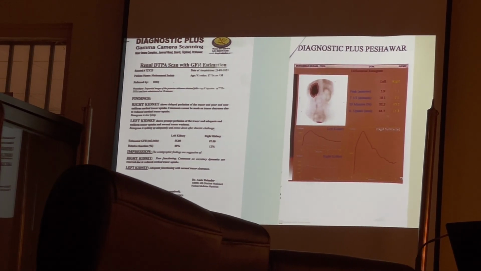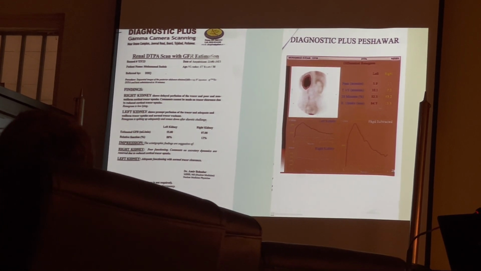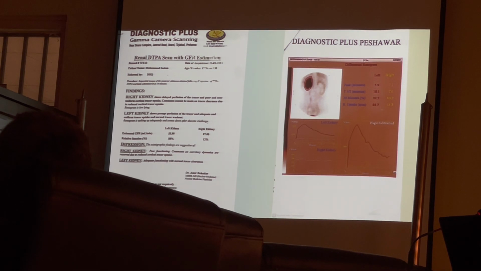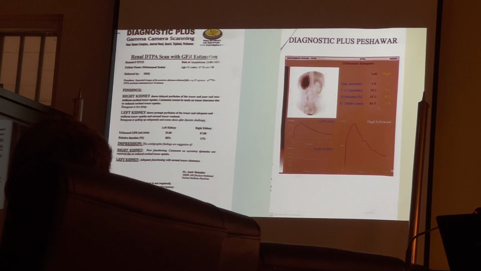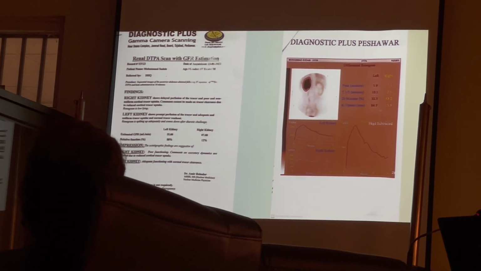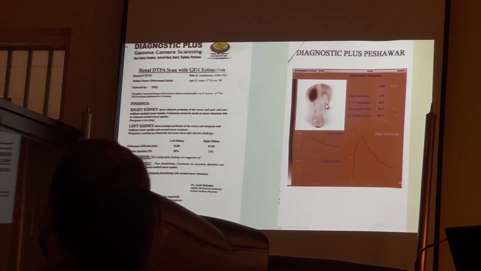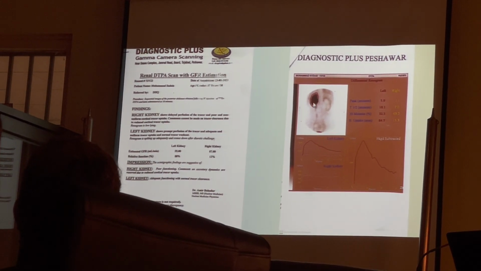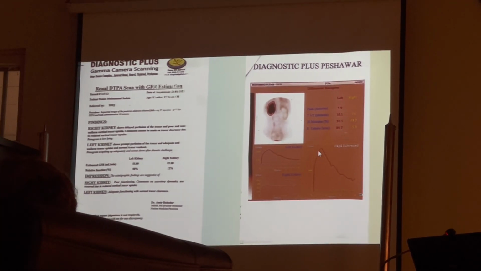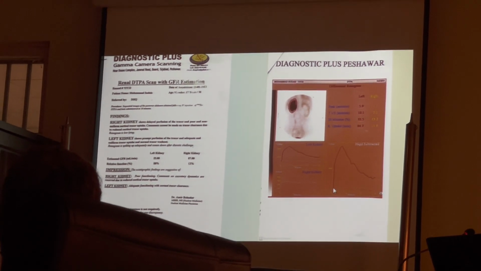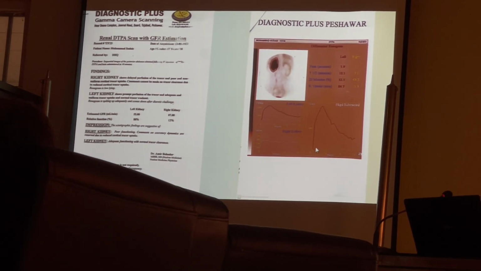Now another scan. The right kidney shows delayed perfusion of the tracer and poor and non-uniform cortical tracer uptake. Comments cannot be made on the tracer clearance due to the reduced cortical tracer uptake. It was a case of a poorly functioning right kidney. Here we can see that the right kidney is not visualized, this one, and it is the left kidney. The graph of the left kidney is this one, going up and coming down. This graph of the right is almost flat. As we mentioned earlier, that if the perfusion